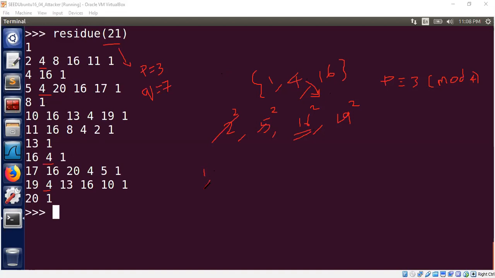1 square is 1. 8 square is also 1. And what else? 13 square and 20 square. Okay, these are the possible square roots of 1. And again, we can convince ourselves that 8, 13, and 20 are not part of the second column. Therefore, 8, 13, and 20 can be thrown out. What you're left with is just 1, and that's exactly the one that we talked about, assuming Alice sent 1